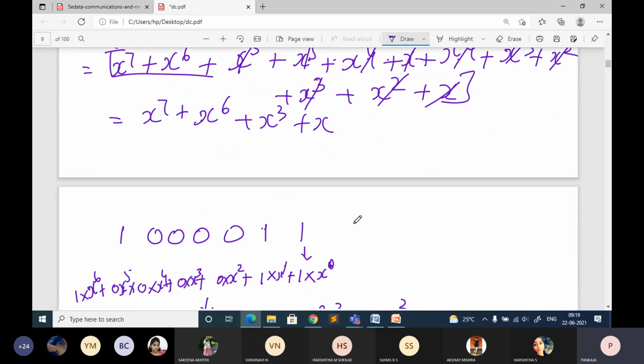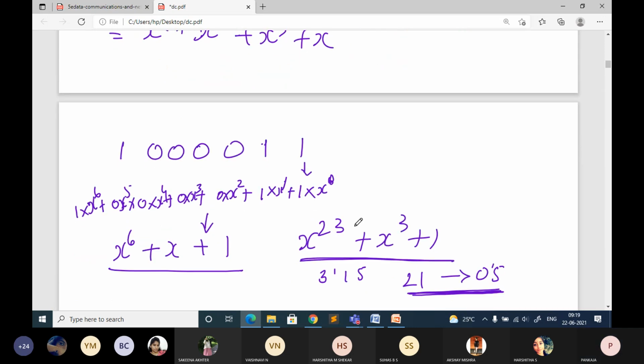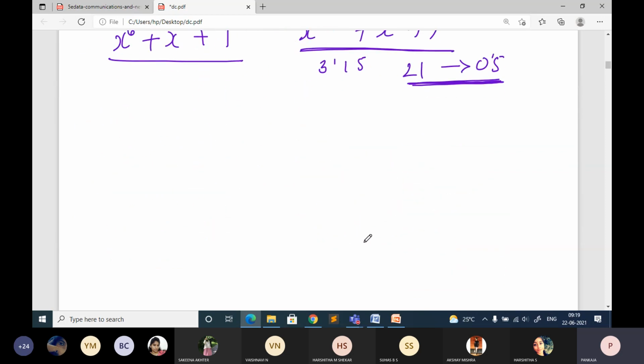Okay, so now in case if you want to divide two polynomials, okay, so how to do the division of two polynomials? So let me just go through that. So here you are going to use the shifting operation. So the first term of dividend by first term of the divisor get first term of the quotient.